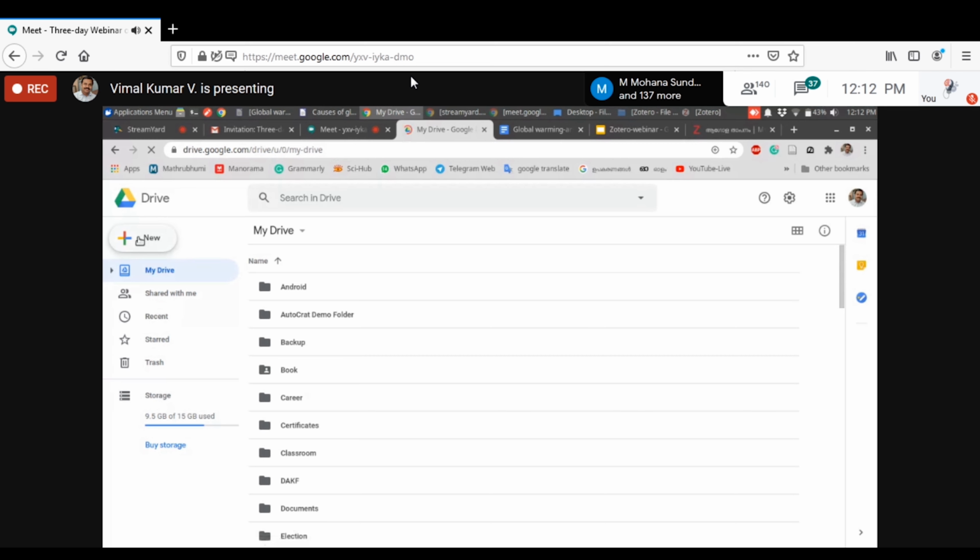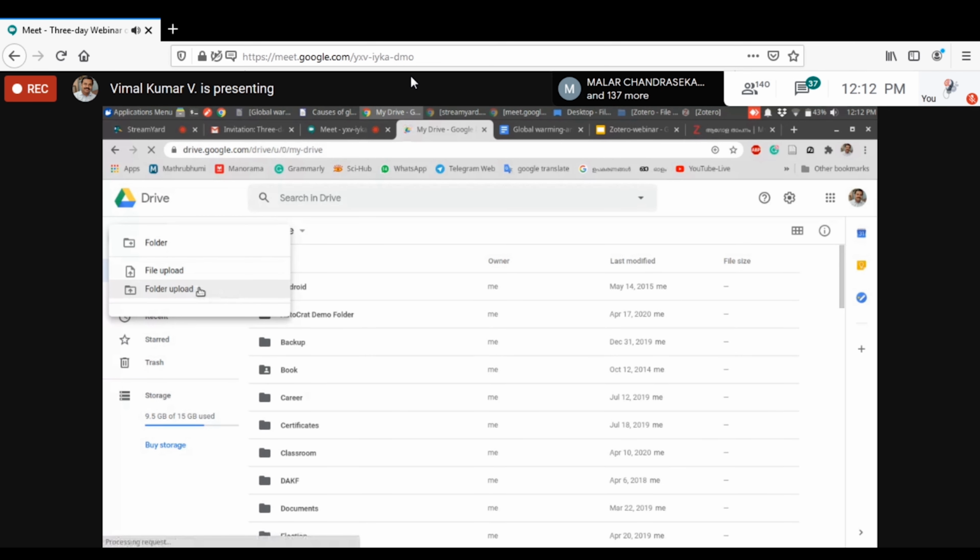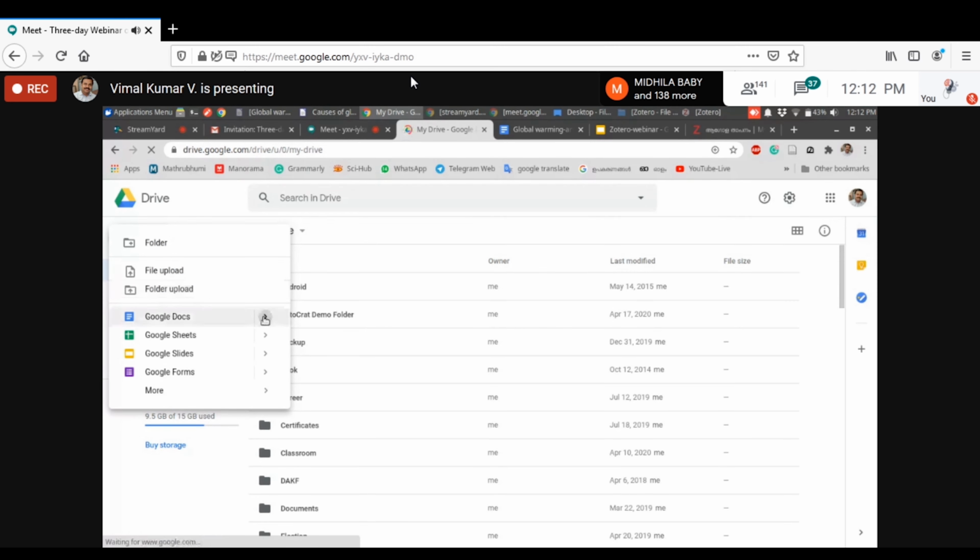From here, you can create a new Word document. You can find templates and a blank document. Click on blank document to create a new Word document.